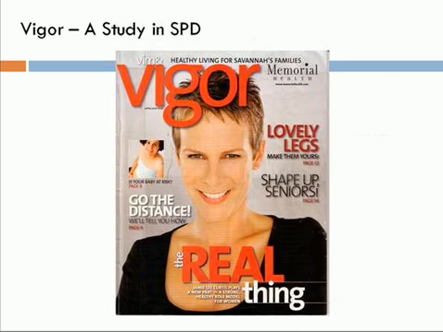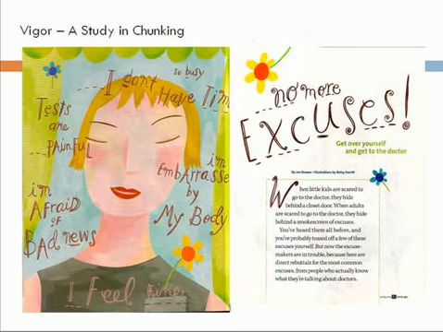To illustrate these tools, let's take a look at a typical magazine. This is a custom health publication that you'll find in your doctor's office all over the United States. Let's look at a typical article and examine how the grammar of visual space, visual progression, and visual differentiation are used. Here's the opening two-page spread of a feature article. Spread is jargon for the use of adjacent pages.